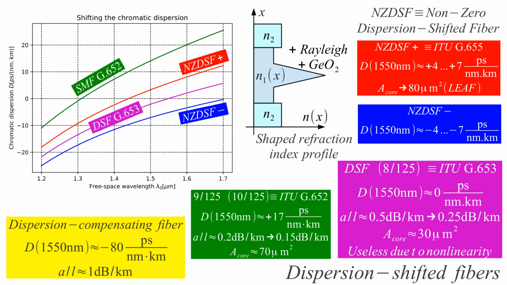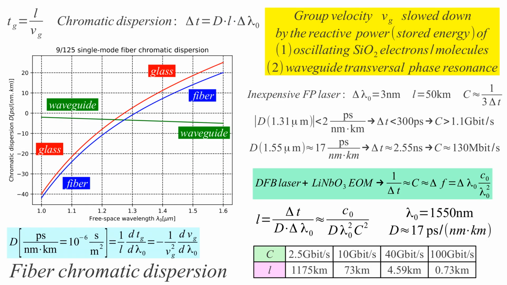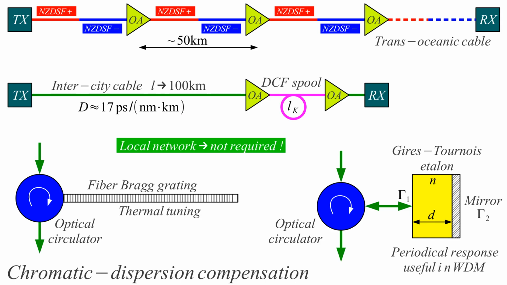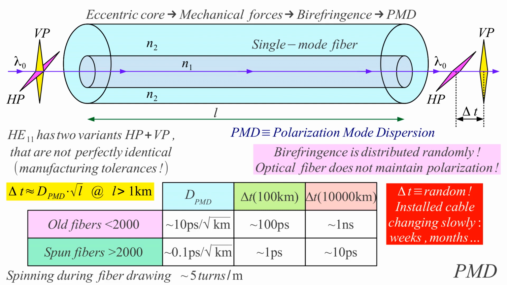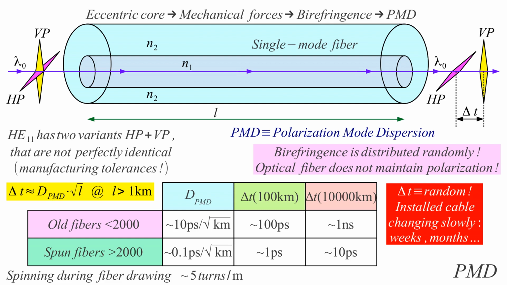Chromatic dispersion is a linear property of glass, and also of the waveguide. The waveguide has some effect, but usually the waveguide effect is much smaller than the glass effect. Besides linear effects, we should also remember, and yet another linear effect I forgot here, is that our